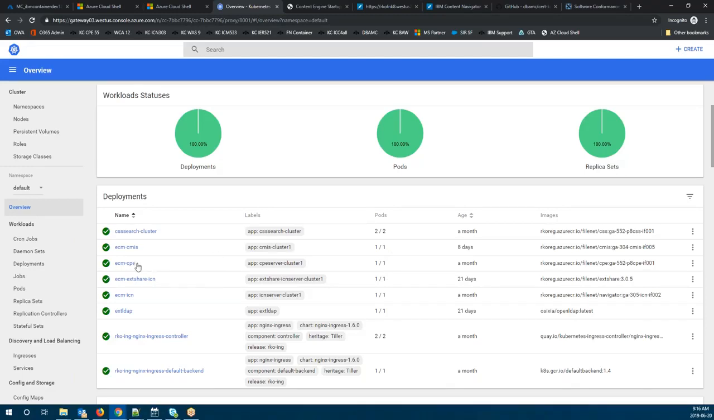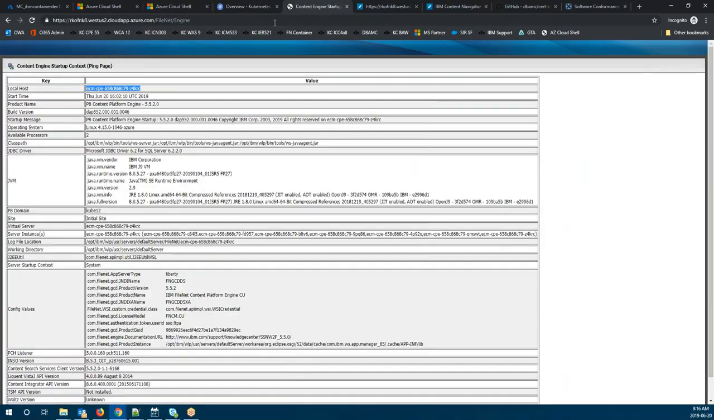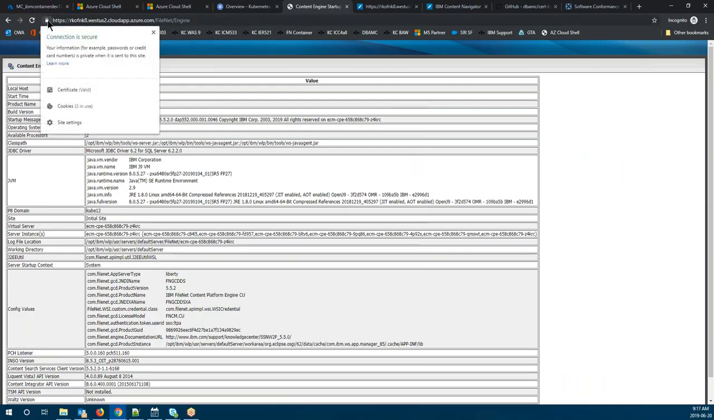You can see we have the CPE, ICN, we got CMIS, CSS for the search, we got the external search, and to support the external share, I also got the external LDAP here running just to feed the external share feature. And we have an ingress controller who controls the incoming traffic flow. So it provides a FileNet system, in this case on this URL, and takes care of the SSL